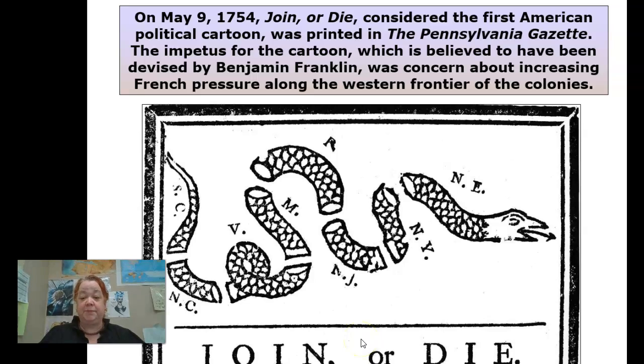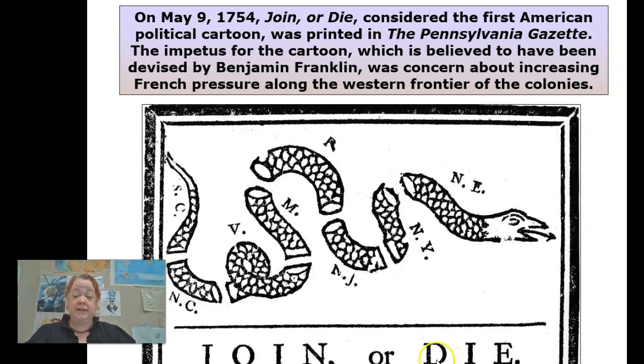So this is the first political cartoon I am showing you. This is also going to be your introduction to the PCA, Political Cartoon Analysis Worksheets. So what we have here is a very simple political cartoon, but I will do this one for you. It does say, so you look at the words, join or die. Ask yourself, well, what do I mean by this?